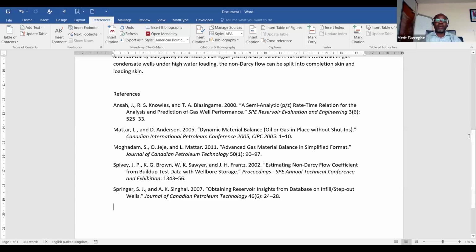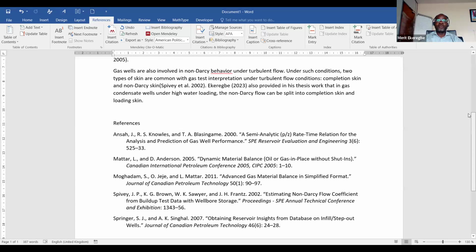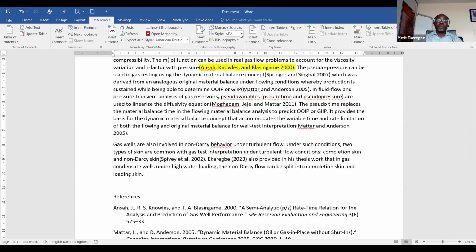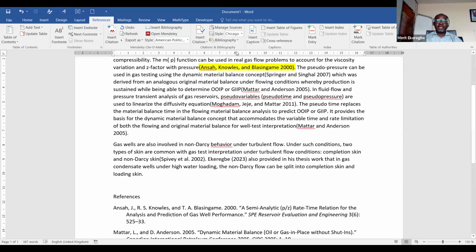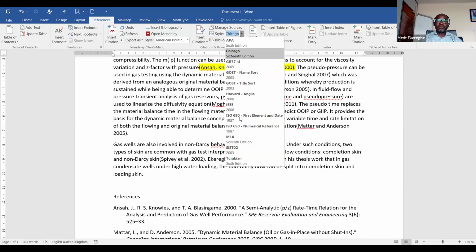So I don't need to worry about what should come first or what should not come first, or how I should arrange this. You'll be worried when you do that manually. For example, I can decide to change from APA to Chicago 16th edition, and it will automatically update. Now, for example, if I change to Vancouver,